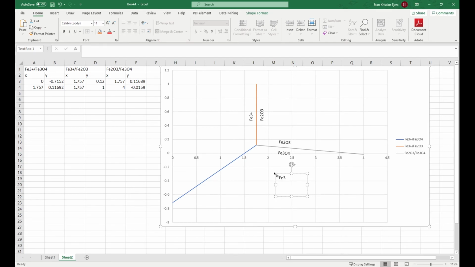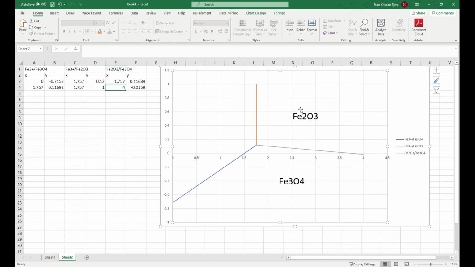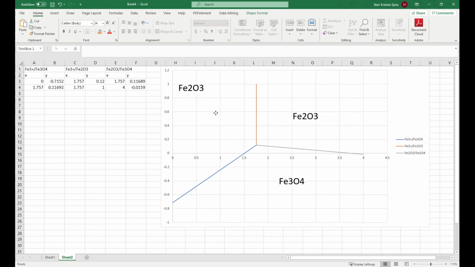So, I'll say Fe3O4 here. I'll probably make this larger, no? There. So, if this is Fe3O4, this is Fe2O3. Right? So, this is the intersection. And you can delete this now, no? Then, this on the left side is Fe3+. So, I can do Fe3+. Okay, so this is now my stability diagram, or my Pourbaix diagram for the species Fe3+, Fe2O3, and Fe3O4,